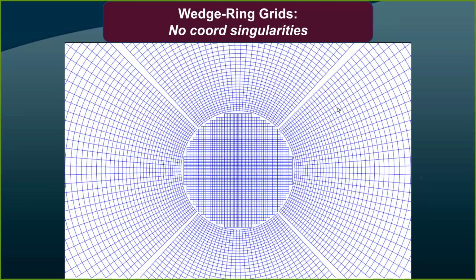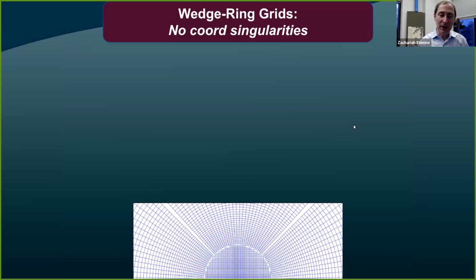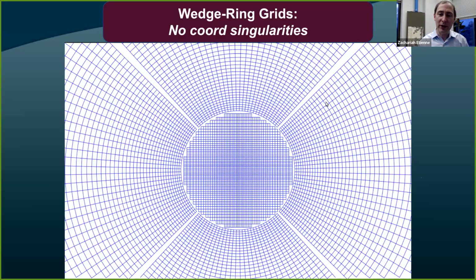Yeah. So in very early versions of BHaH, I did have the double interpolation issues, and you would not believe the amount of numerical noise that I saw. And I worry that some older multi-patch infrastructures maybe didn't account for that, and that may be why there was some noise there. But anyway, so the wedge ring basically converts this spherical coordinate grid, which used to be 1,